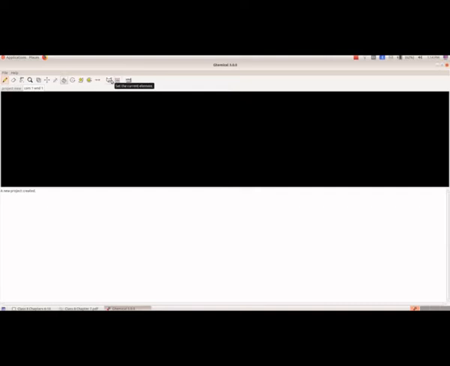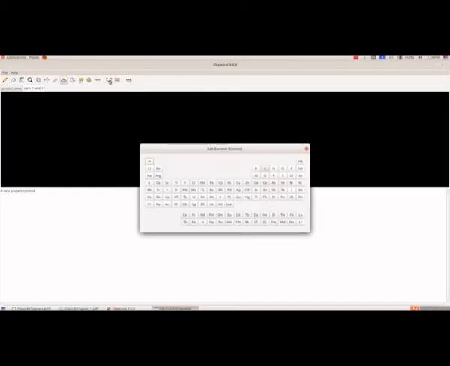So to get that, we have to use the fourth tool, set the current element, and when you click on this tool, you will get this window. And from this window, we have to select the hydrogen atom.